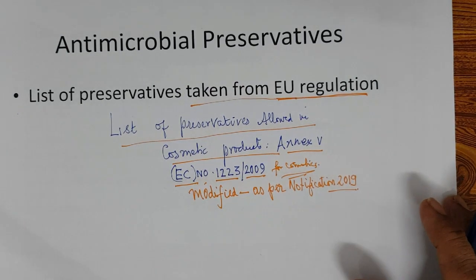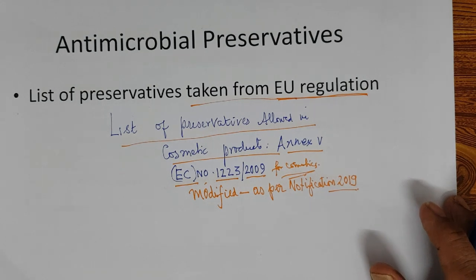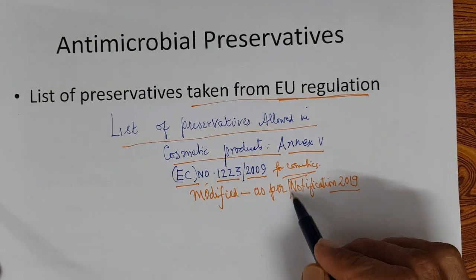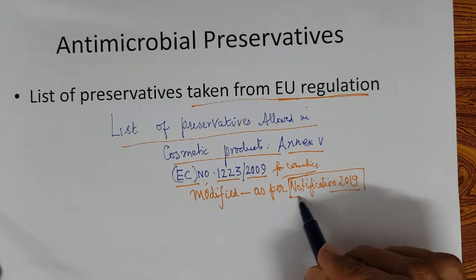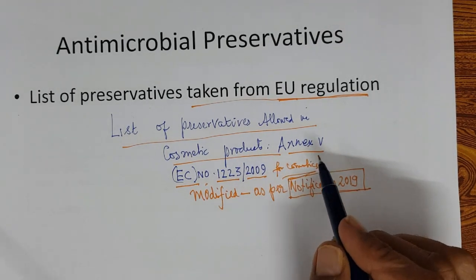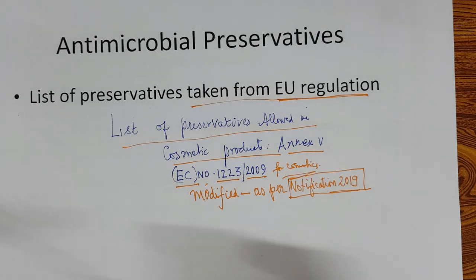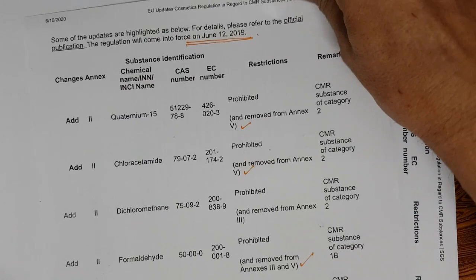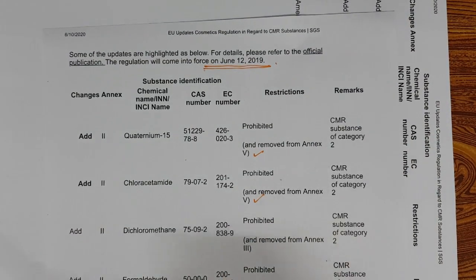Now, it's available in Google. You can just go through all the preservatives and the percentage that can be used, and specific instructions. Some of the preservatives can't be used for specific functions, and that is there. However, in 2019 there was a notification of some changes in this Annex 5, which we will see now. Some one or two changes, we will see that now. See what are the things,